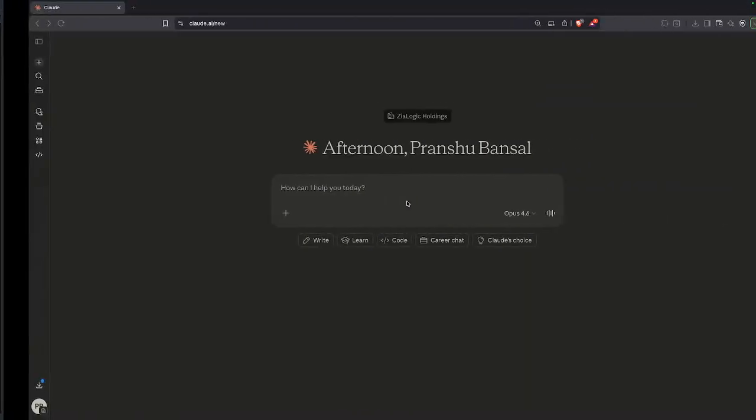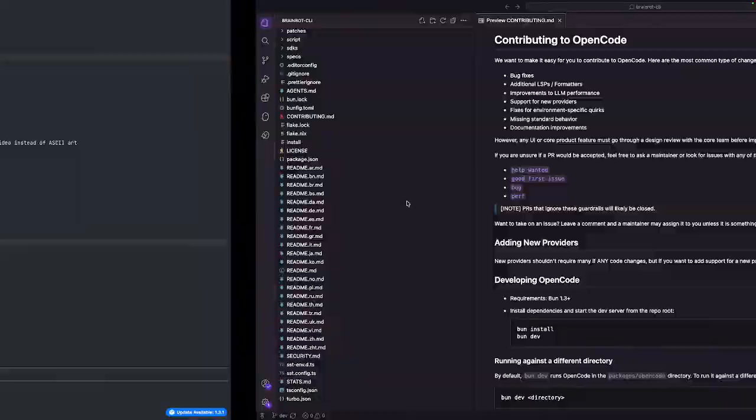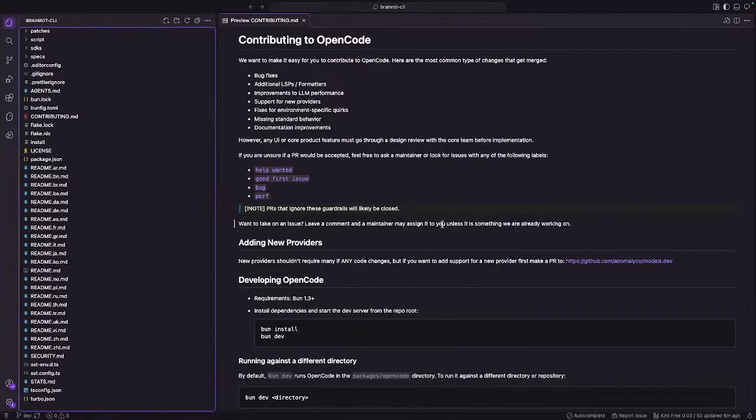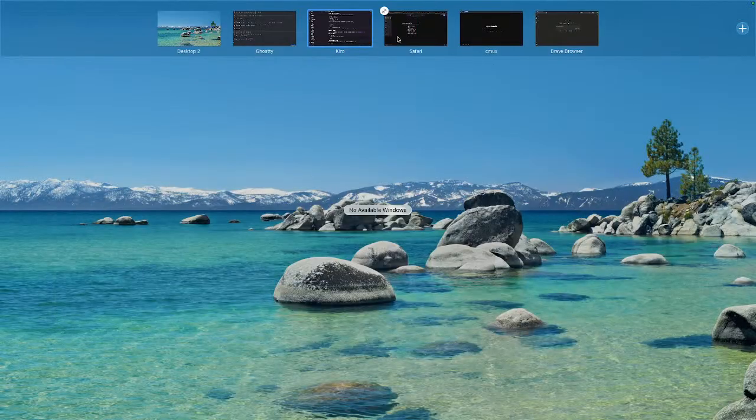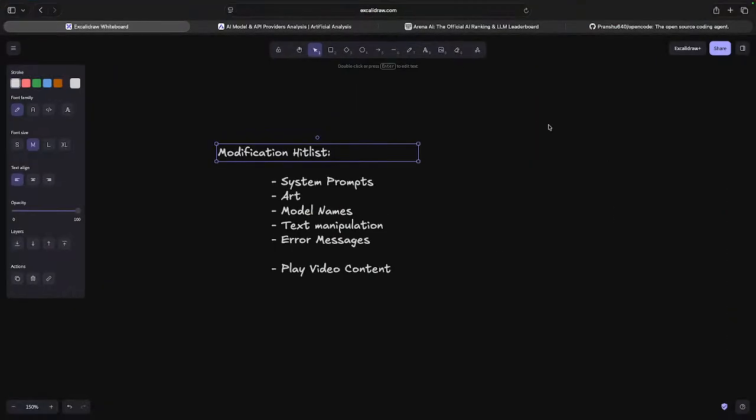I have created a simple checklist of the changes I want to do, which will be these. The basic thing we can do is change a lot of the system prompts for the AI, so we can change its behavior, its actions, and how all of it works. Or we can change the art. We have opencode written in some places, and a lot of the times we see that the model is thinking, or the text or the hints and tips and tricks shown on the screen